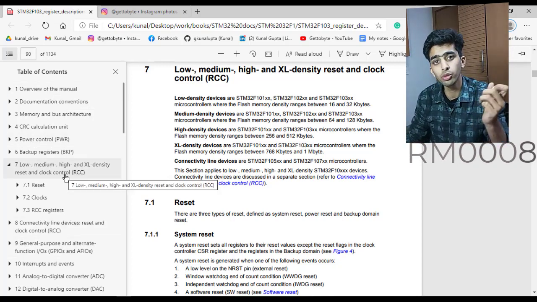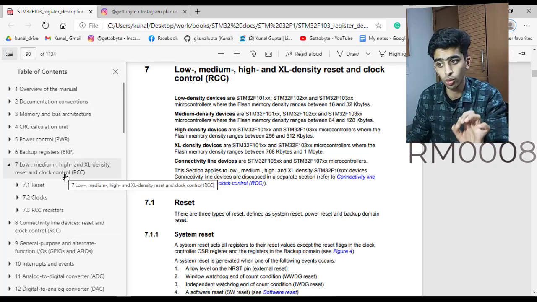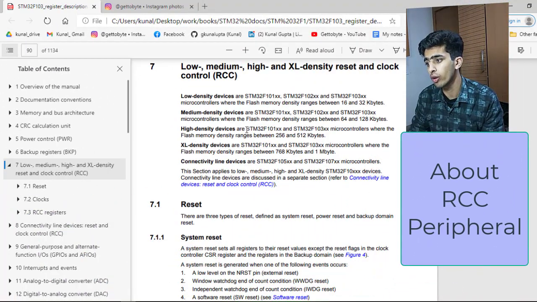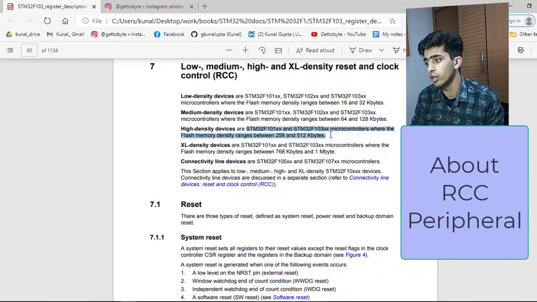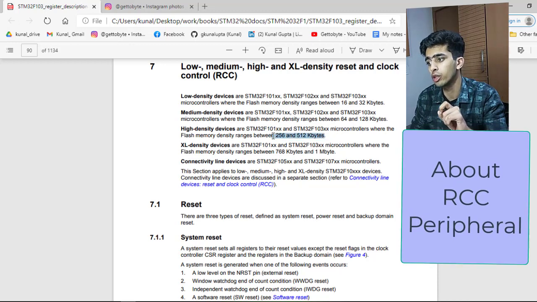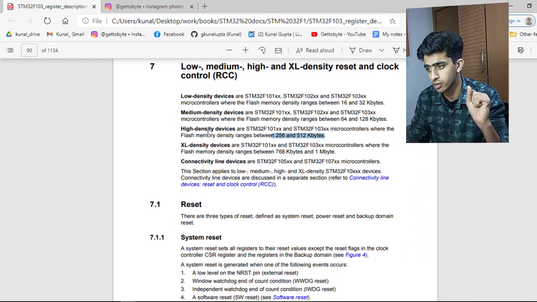Now moving to the reset and clock control configuration, as we can see, our STM32F10x is a high density device, as in our Blue Pill, we have flash memory in the range of 256 to 512 kilobytes.